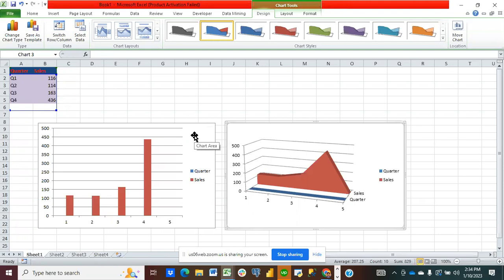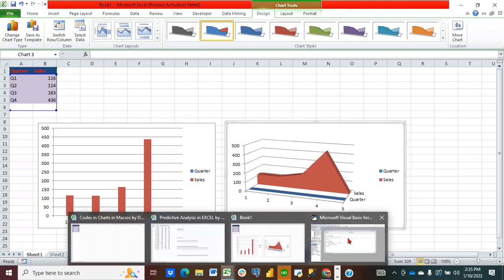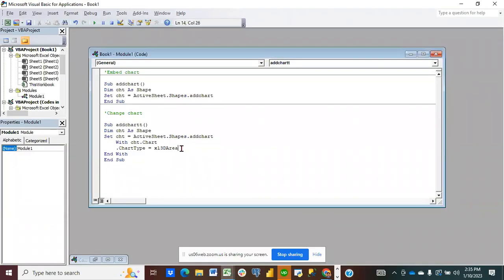I'm going to show you how to get an idea of how some of this code works. But for now, I'm just teaching you how to insert different types of charts on a particular worksheet using VBA codes. So you can come to this code and change it to